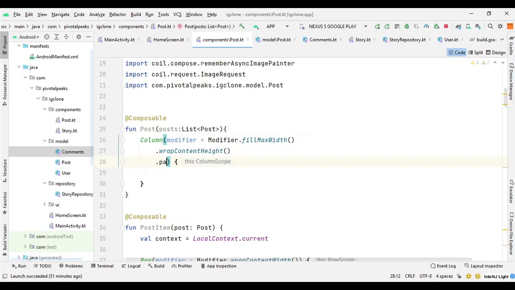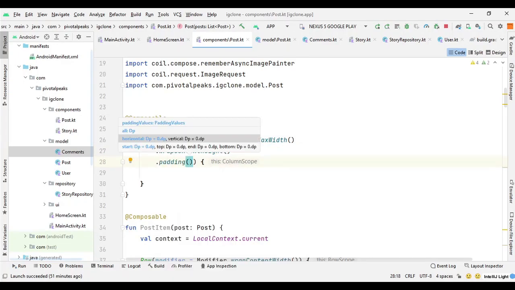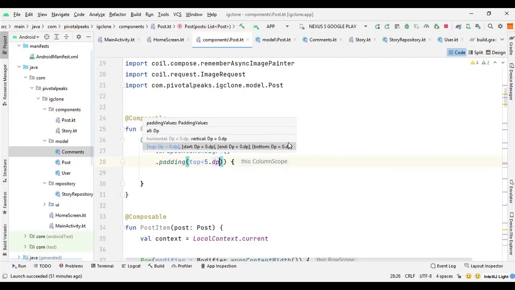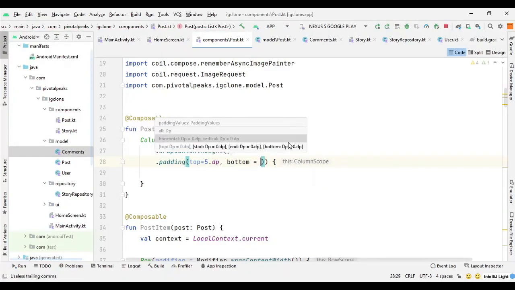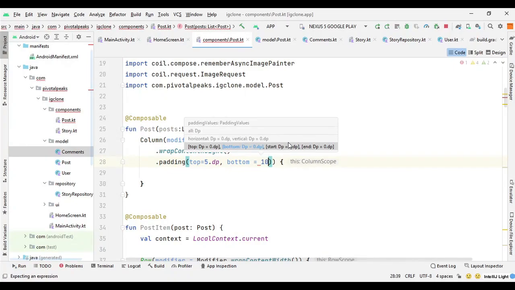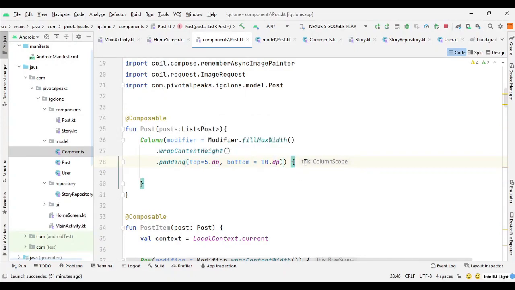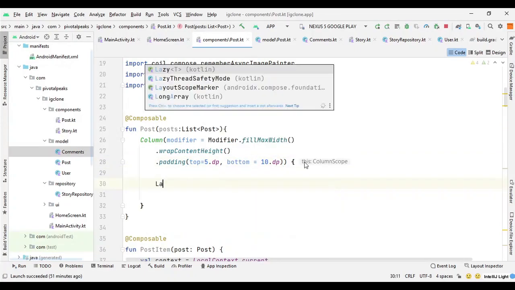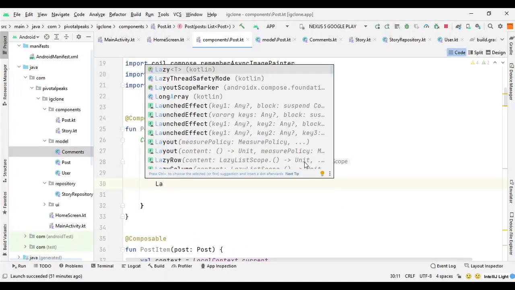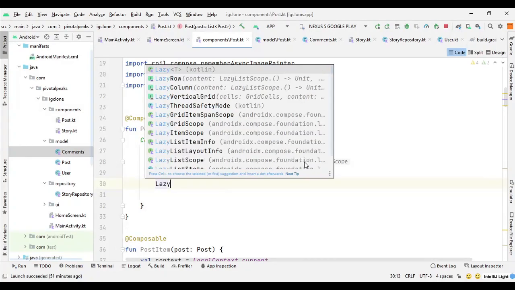and we can give some padding, so for padding we can say padding from top equals 5.dp, and from bottom also we can give some padding, so for bottom we can say 10.dp. Here we will use a LazyColumn, not a LazyRow, because we want it in a vertical fashion, so we will say LazyColumn,